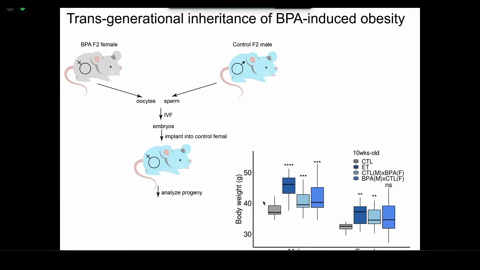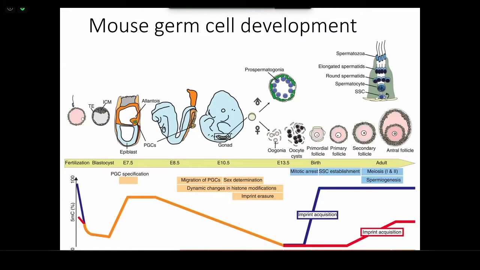We analyzed the progeny. As you can see here, the progeny from this cross is still obese compared to control. Okay, I should mention that the obesity is much more pronounced in males than females. In females, the differences are not very obvious. Okay, so that's the phenotype, and I think it is important to pay attention to the details of the phenotype because they are going to help us understand the molecular basis of